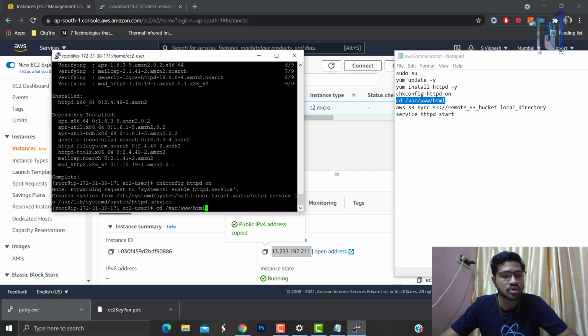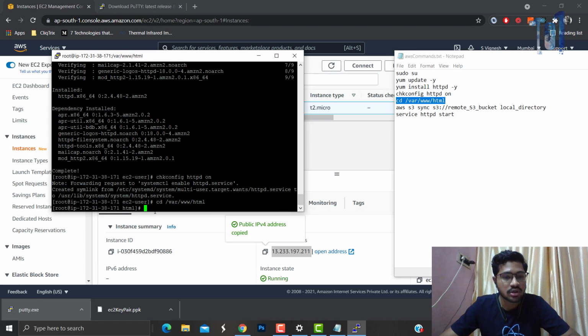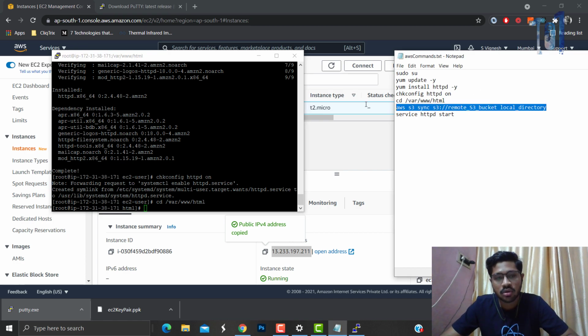And then in order to host our website in the EC2 instance, we have to go to /var/www/html. Make sure that you are inside that folder, and then use this command to pull the appropriate HTML files from the S3 bucket. I'll show you how to do that.